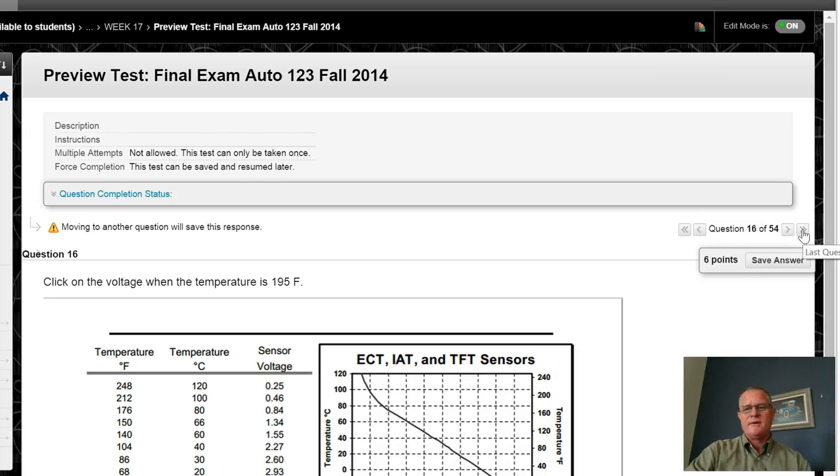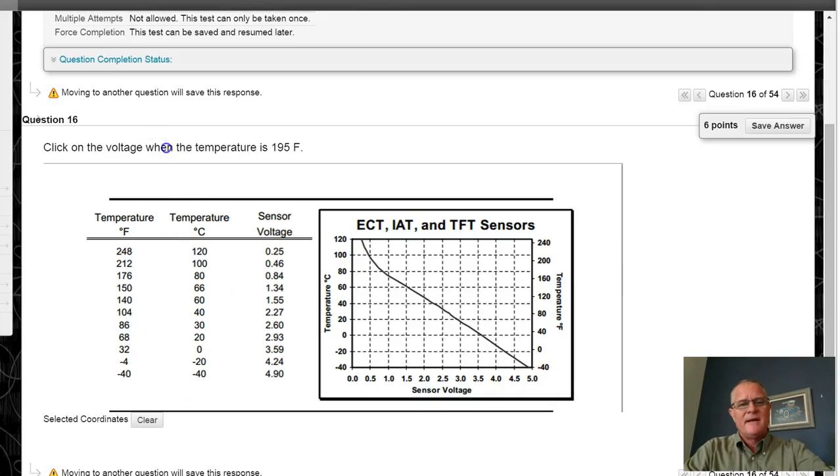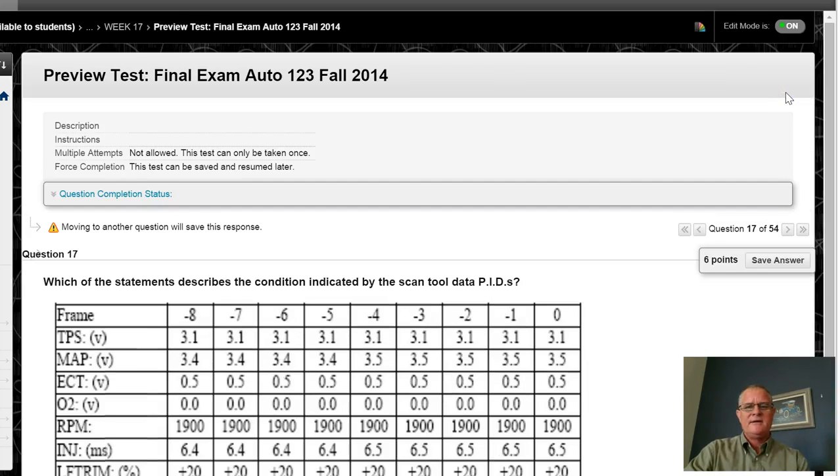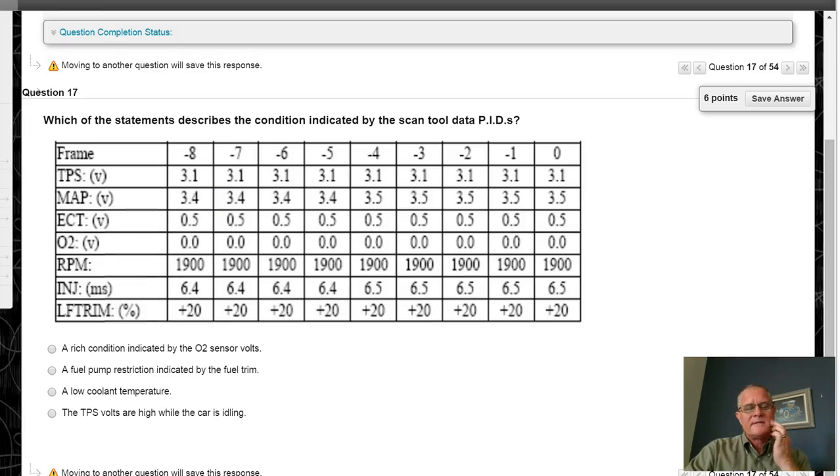And here's another part taken straight from the L1 composite vehicle, where I can ask questions about temperature based on this graph. And then here's some scan tool data from a scan tool, and I can say, based on this scan tool information,